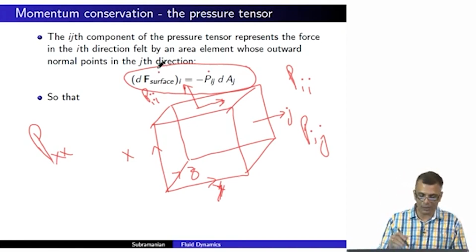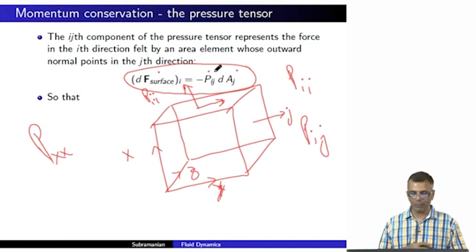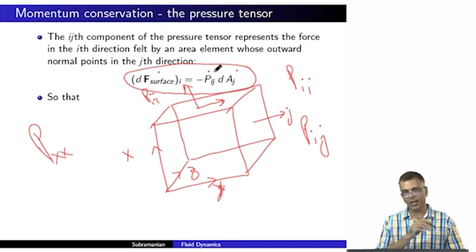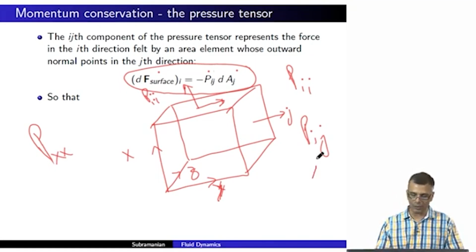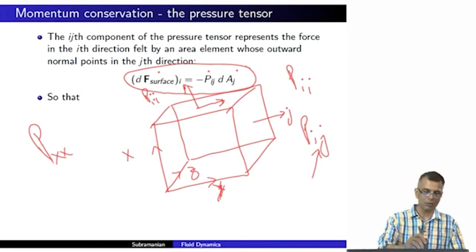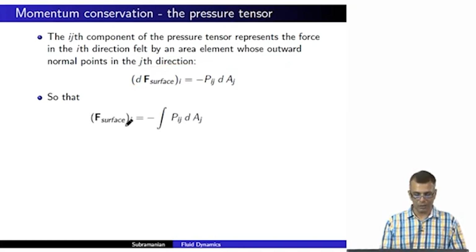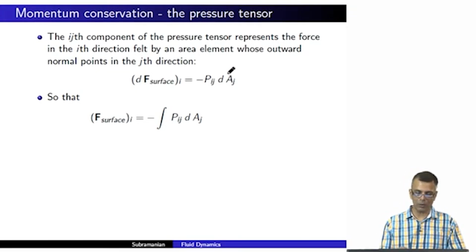So this is a vector and that's a vector, so by necessity what's in between needs to be a matrix, and the elements of that matrix are the elements of the pressure tensor. The diagonal elements are simply the scalar pressure. The off diagonal elements like this are the shear stresses. Okay? So when you integrate this, the F surface, the ith direction of the F surface is, when you integrate